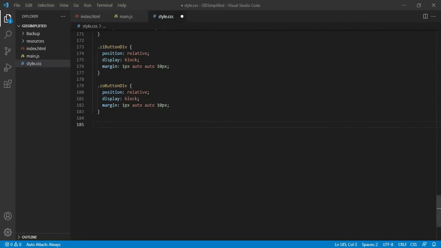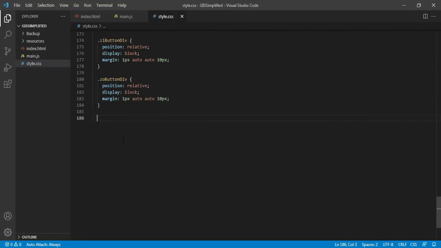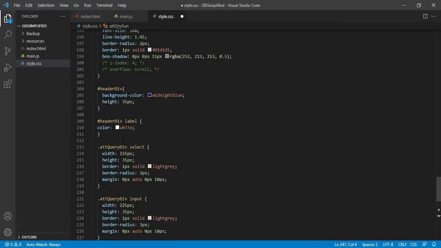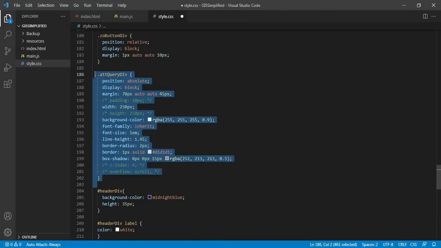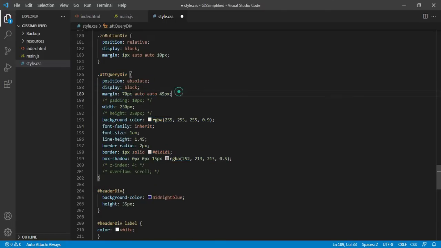Now let us do some styling part. So I am adding here the style for the attribute dialog box. So you can see over here, this is how I am styling my attribute div element. So I am setting up the position over here, and then some background color and some box shadow related part.